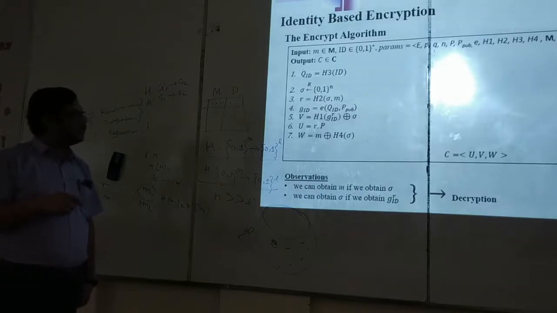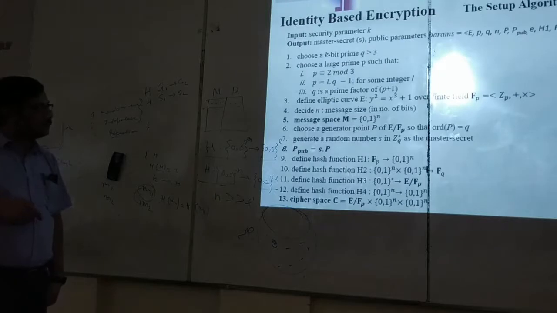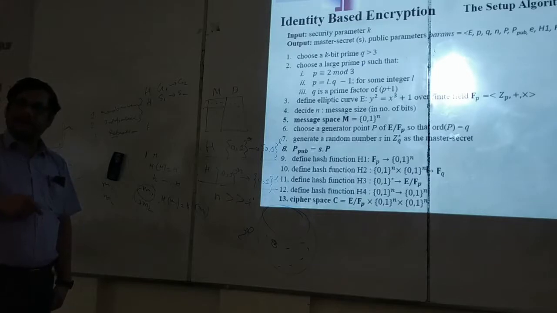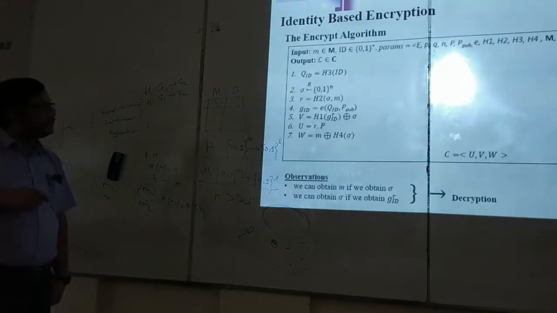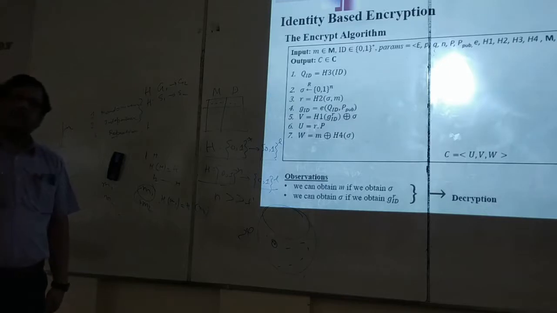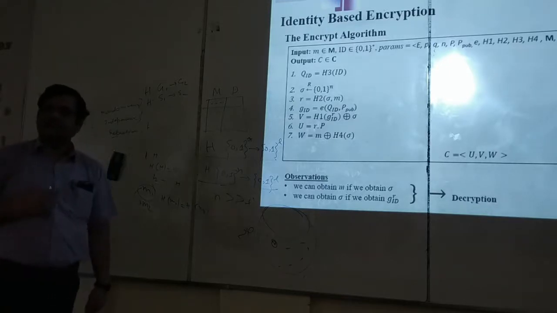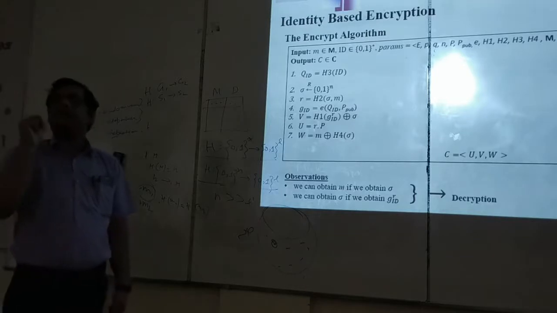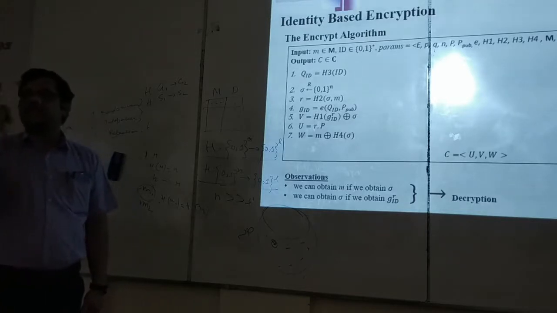Then what are we doing? We are mixing this hash function. Go back 2 slides. H2 is taking 2 n-bit strings and producing one element in F_q. Come back. So sigma is a randomly generated n-bit string. M is the message, which is of course an n-bit string. We are mixing the 2 strings and generating the output r. So r must be one element in F_q according to the definition of that hash function, that means an integer between 1 and q minus 1.